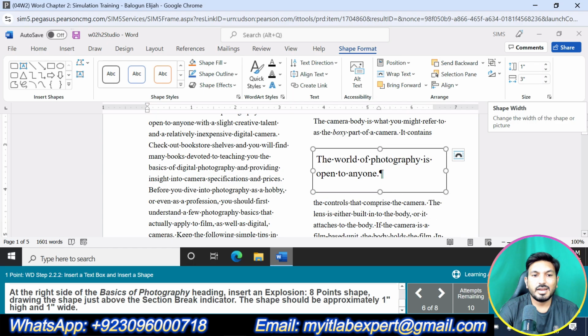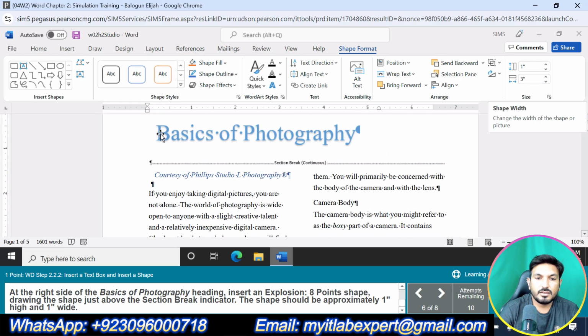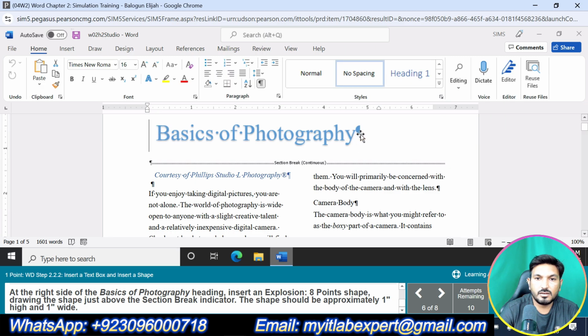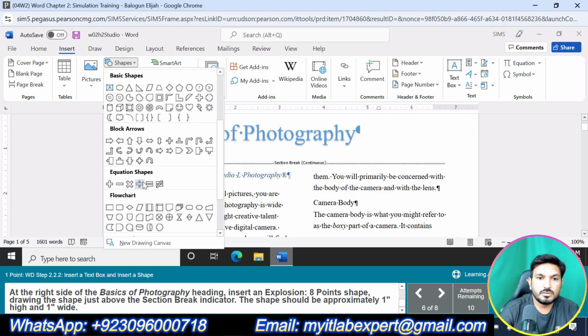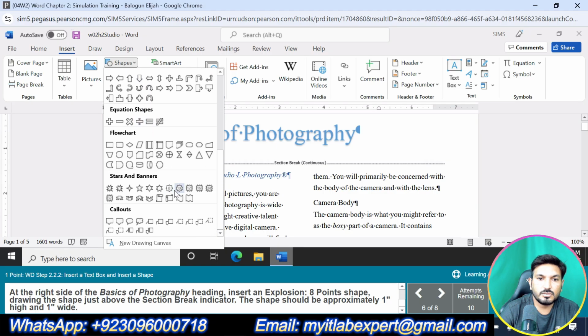This one. At the right side of the Basic of Photography heading, right side of Basic of, insert an Explosion 8-point shape. Insert shapes. Insert an Explosion 8-point shape, drawing the shape just above the section break indicator.